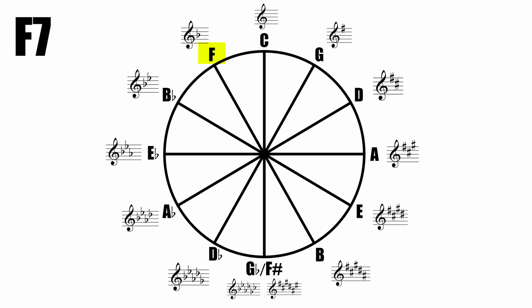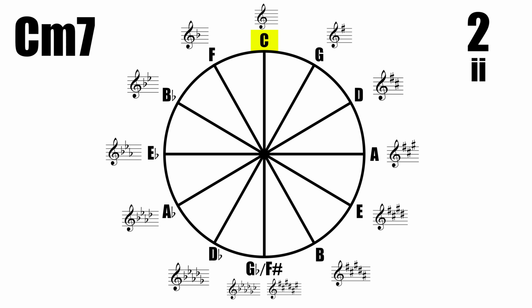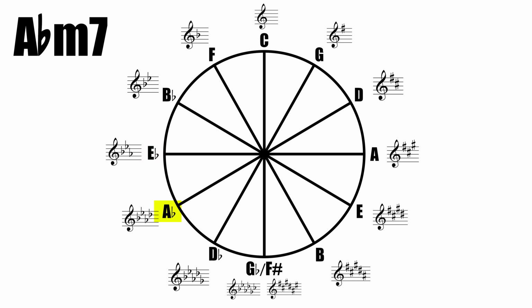A 2-5-1 is simply moving in one direction around the key circle. We're only going 3 steps because that's all we need to get from 2 to 5 to 1. But if we keep going in that pattern, we'll go right around the circle of fifths in one direction or the other. Utilizing the circle of fifths creates some really, really interesting harmonic motion, as well as harmonic motion that inherently makes sense to us because it is the organization of closely related keys.